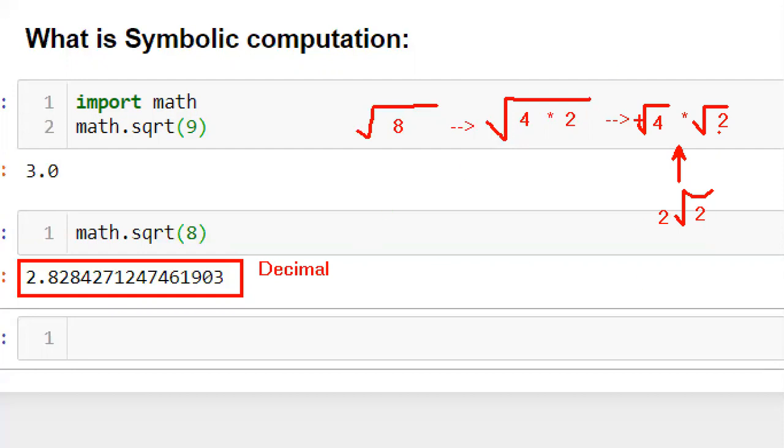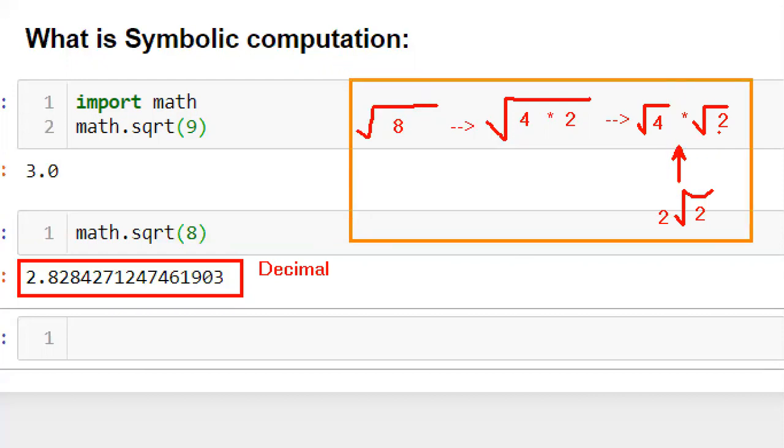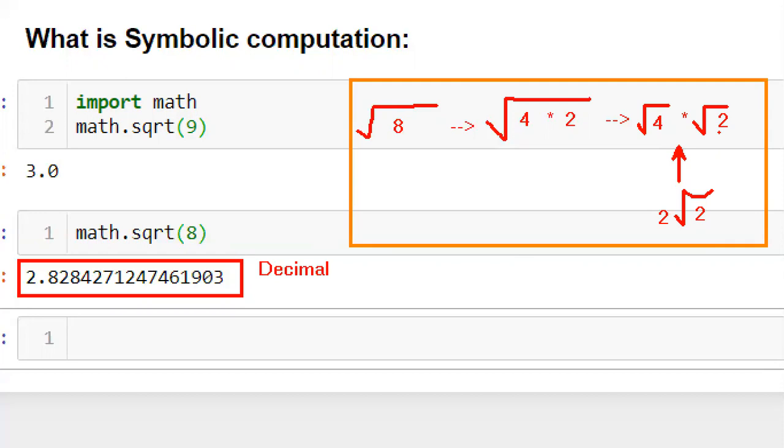I hope you remember all this stuff. Here I'm just splitting my number into two values and then taking the square root of those two values. Now my requirement is whenever I'm finding the square root of a non-perfect square value, the output should be a rational number. That is my requirement. We cannot do that using this math sqrt, right?